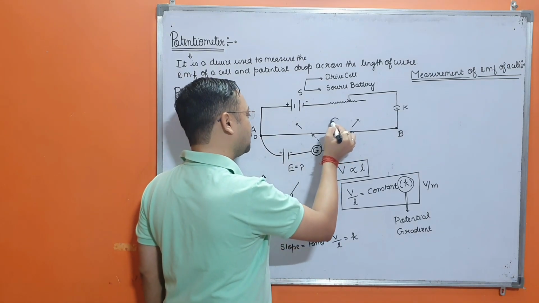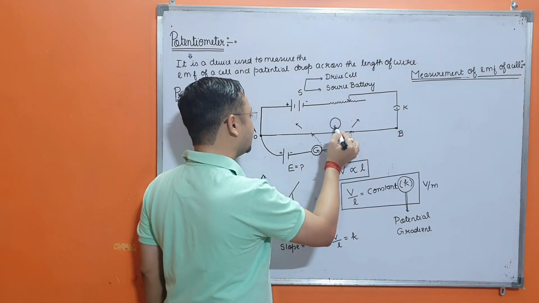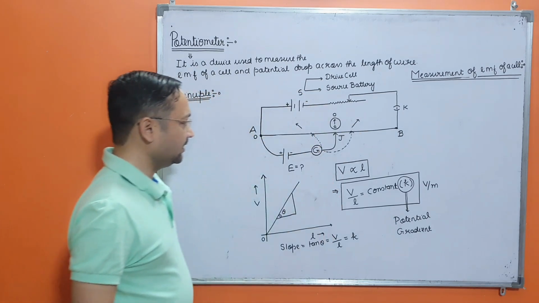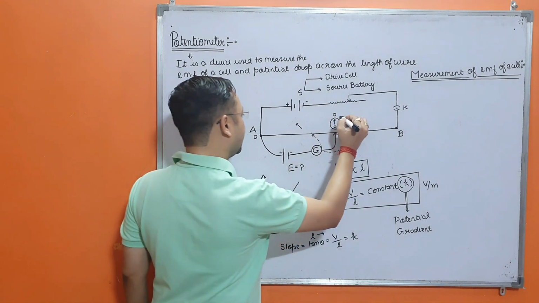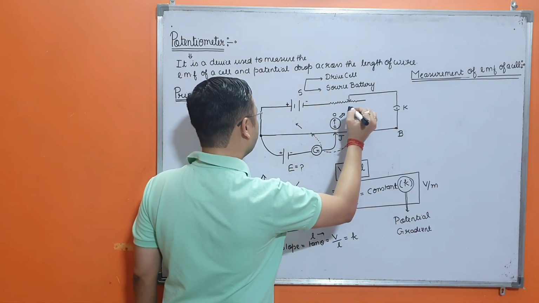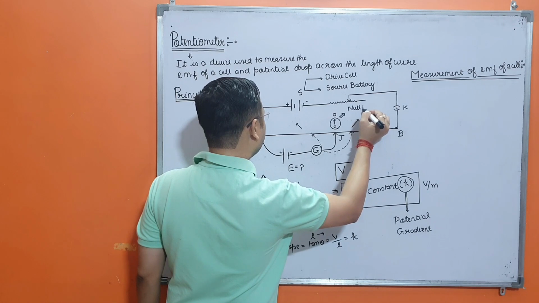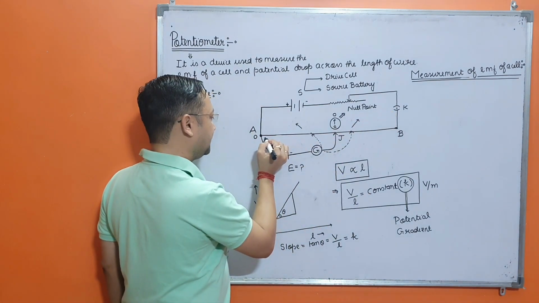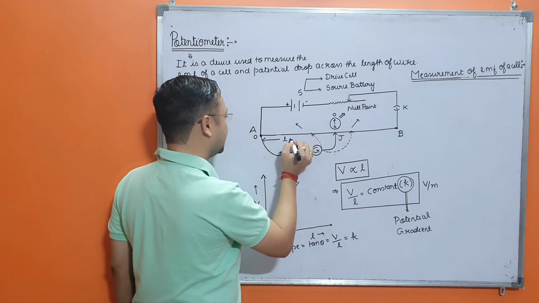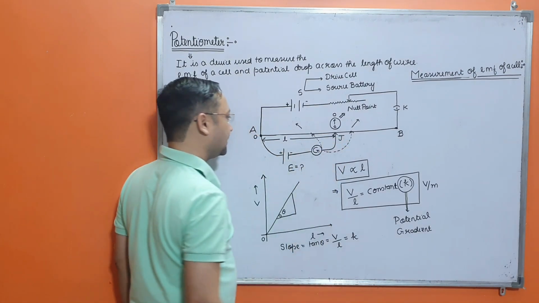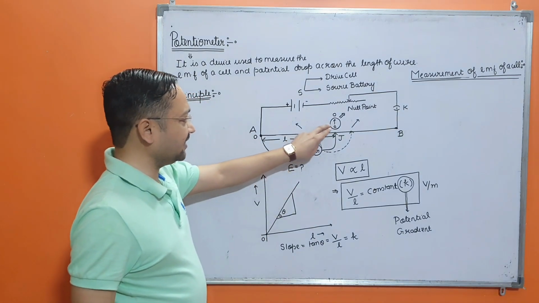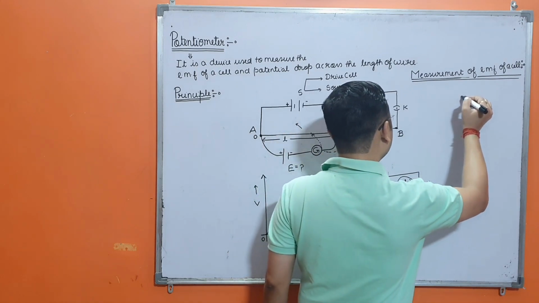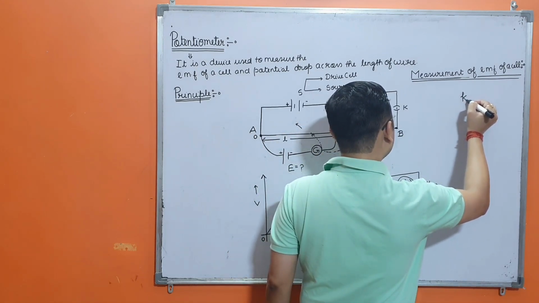At this point, we found that there is no deflection in the galvanometer, which means this point is said to be the null point. The point at which there is no deflection in the galvanometer is said to be the null point, and from the zero end of the potentiometer, this L is the length of that much portion at which you are getting the null point. Now beta, in the unit length of the wire, what is the potential drop?